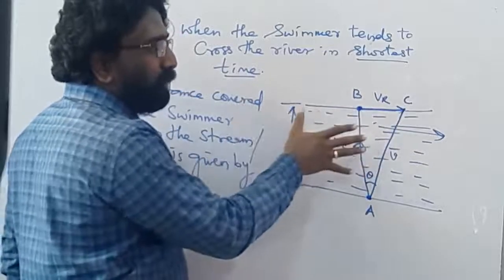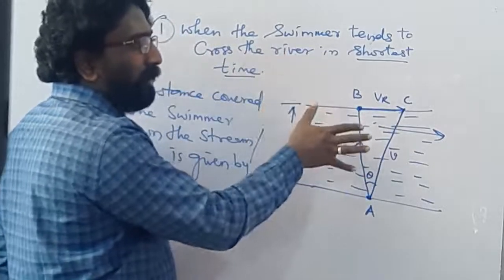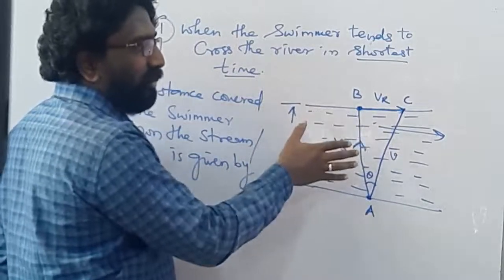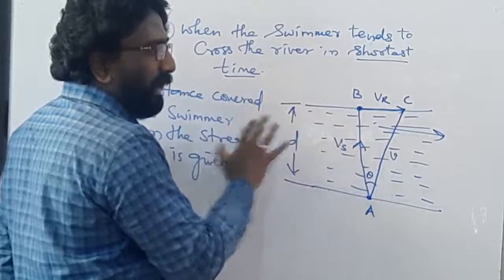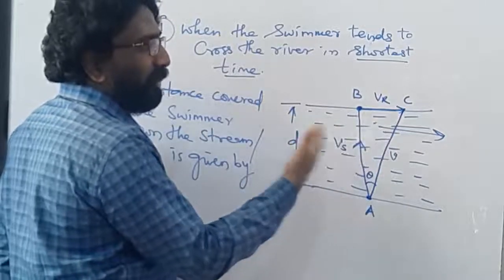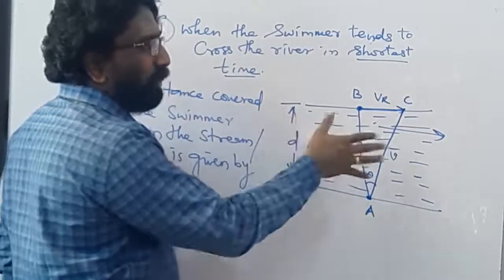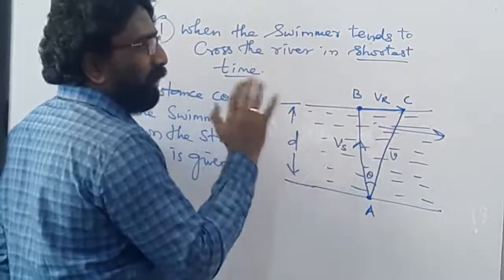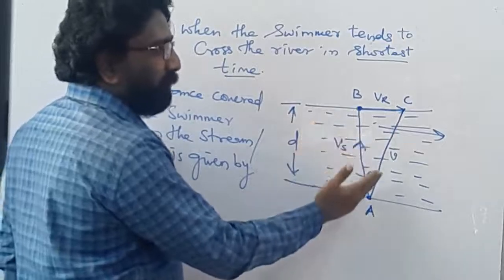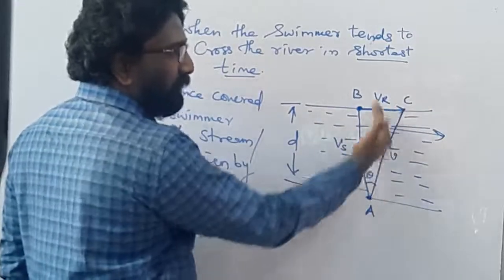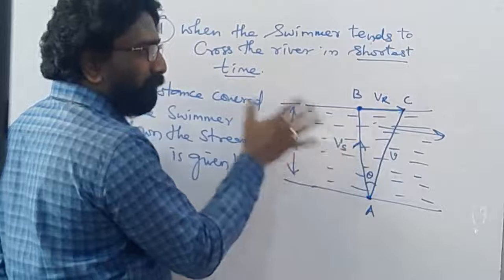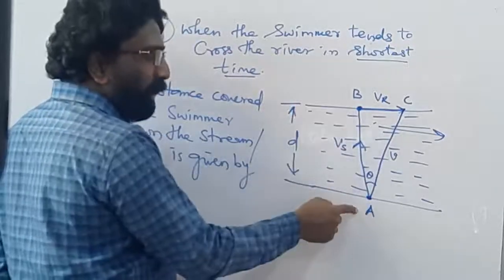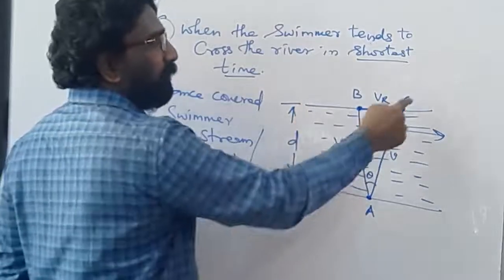Water currents are the forces which are inbuilt in the water due to many factors like gravity, salinity, direction, and the land below, whether rocky land or smooth land. Depending upon all the different factors, the water speed will increase or decrease. If water speed is more, definitely this angle will increase. If water speed is less, this angle will decrease. So because of the water currents, even though you want to reach from point A to point B, you will not reach point B, but in fact you will reach point C.